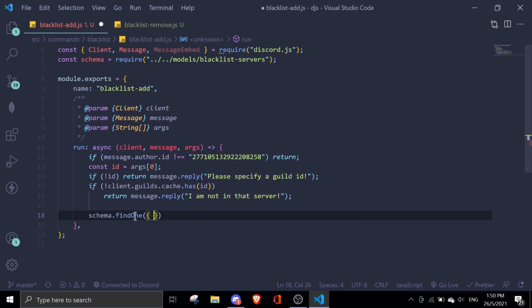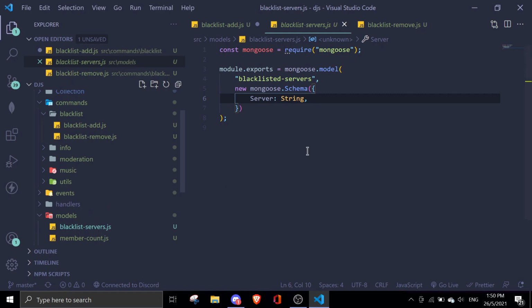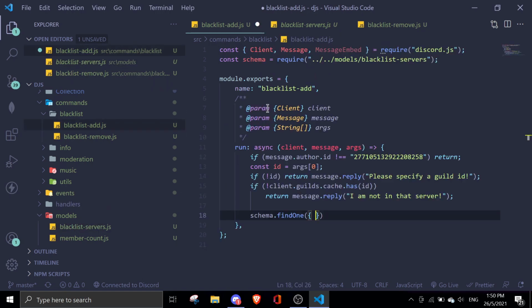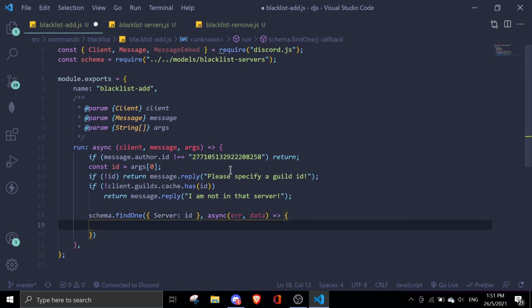Okay, it's correct. So as you can see here in my models, I've defined it as server. So we're just going to do the same thing. Server will be the ID, and we're going to do async error data. Most probably there won't be any errors, so we're just going to focus on data. So if there is data